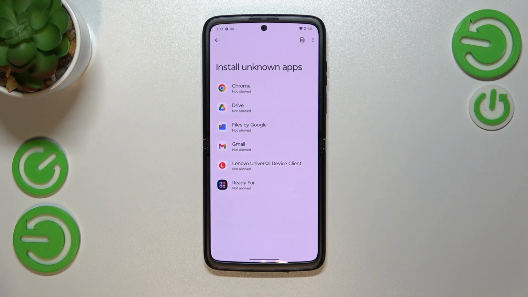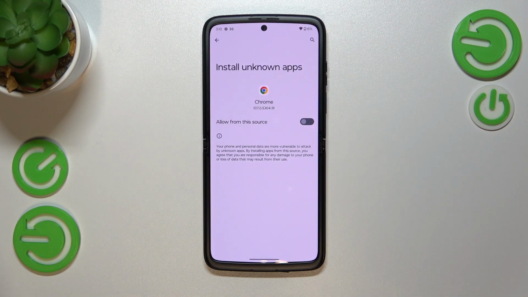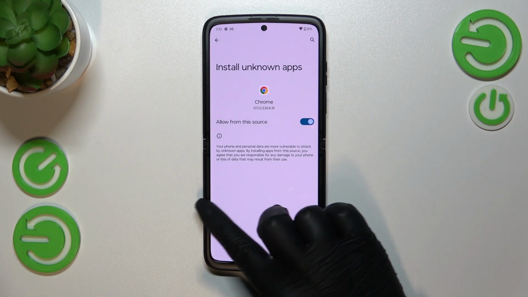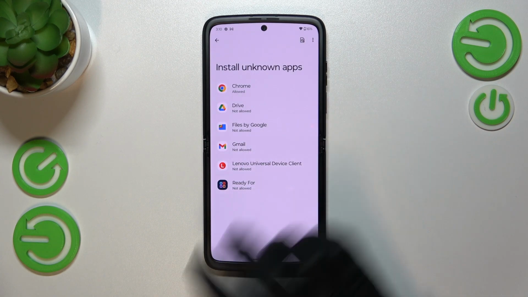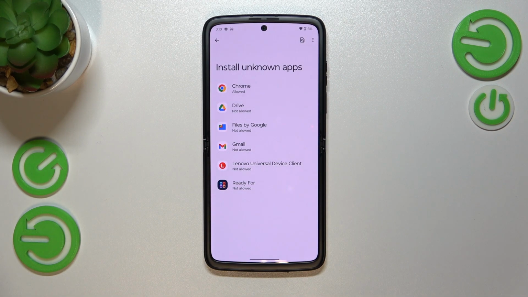And as you can see, here we've got the list of apps which are allowed or not allowed, just like in my case to install some content. Of course you can change it. Just find the app you'd like to allow and tap on it. So let me pick Chrome and tap on the switcher right here. Now we can go back, and as you can see, the Chrome from now on is allowed to install some